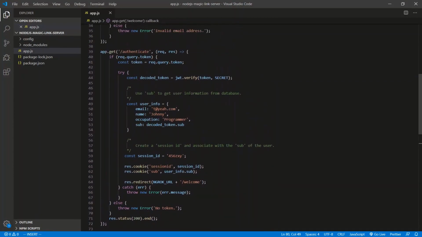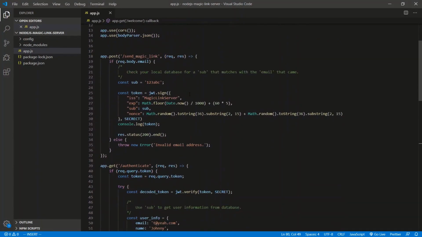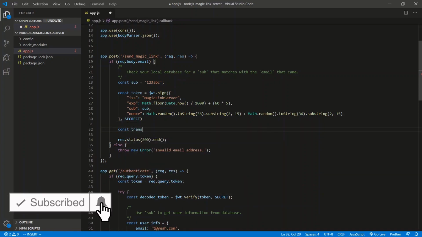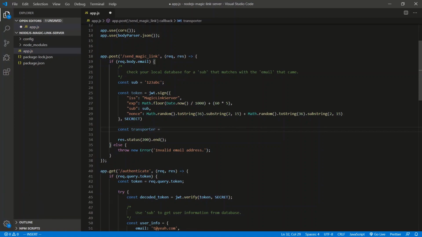To do that, we're doing the authenticate. No, send magic link right down here. So we're going to send the token to my email using the Google SMTP, Simple Mail Transfer Protocol. Basically, we're sending to my email using Google's server. So we're going to need a transporter. So const transporter is equal to